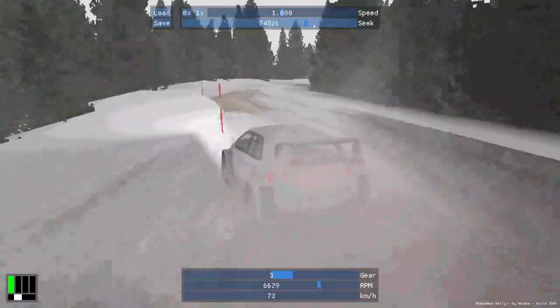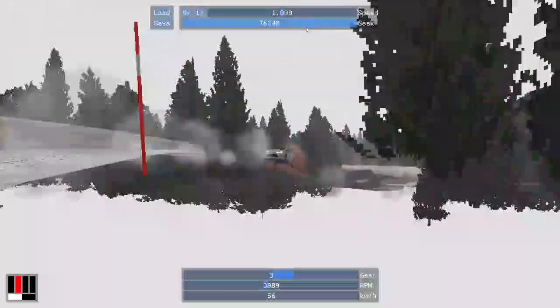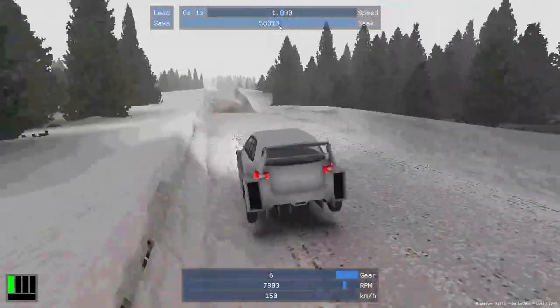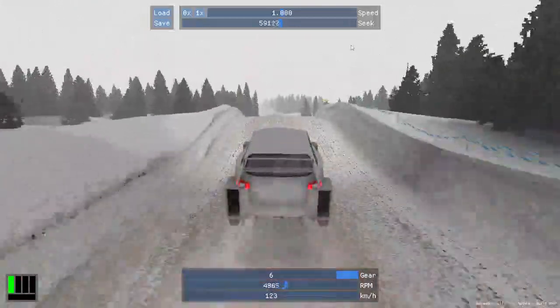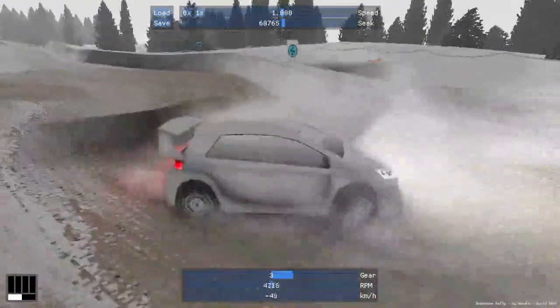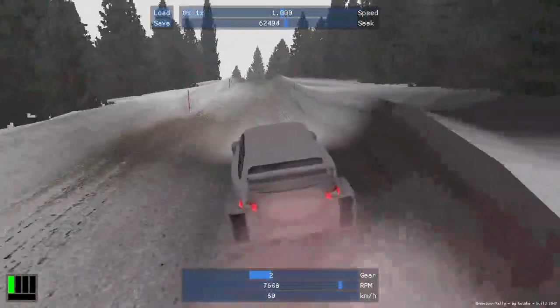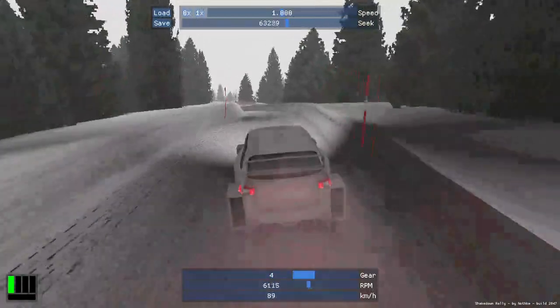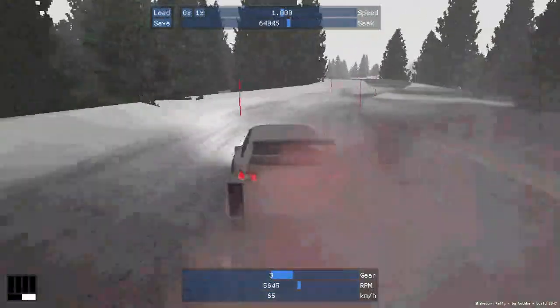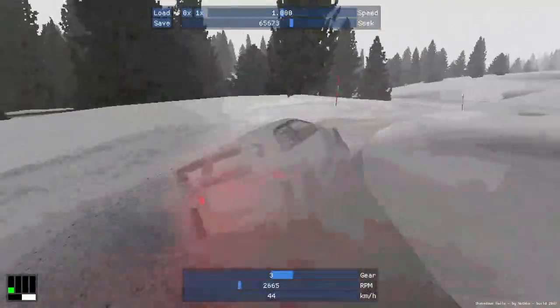Oh, by the way, this record, look at this. This is my best time ever, and I actually rolled my car. Yeah. And it was still the best time that I've ever did in Sweden, which is funny. Okay. Anyway,